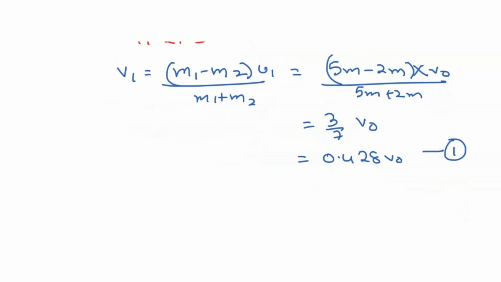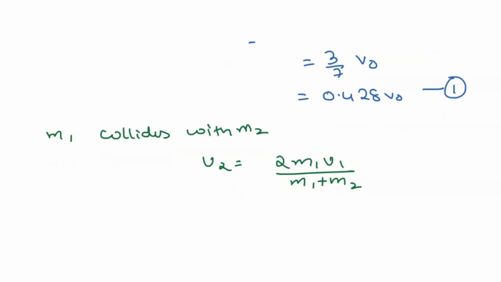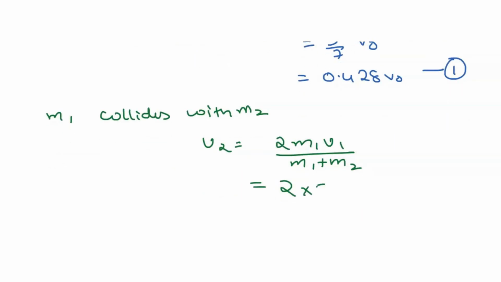Now, when M1 collides with M2, then U2 will be equals to twice of M1 U1 divided by (M1 plus M2). So what is this equals to? This is 2 multiplied by 5M multiplied by V0 divided by 5M